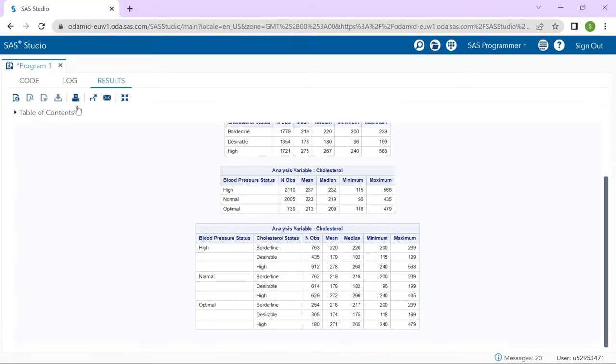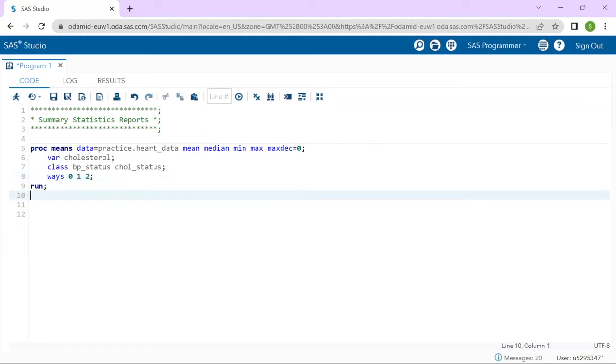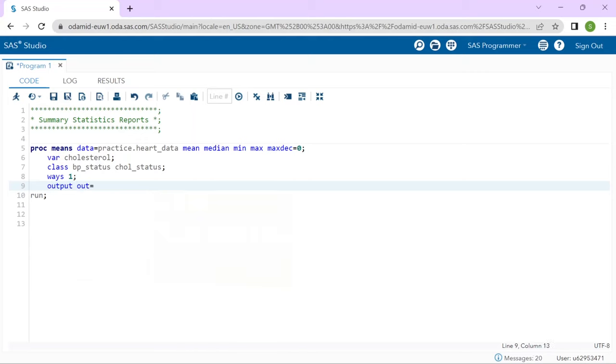You can use the OUTPUT statement in the PROC MEANS to create a summary dataset. The OUT= option names the output dataset heart_status. In the output statement, you can generate output statistics and name a variable to store them in. Here we are generating statistic N and naming the variable n_obs, mean into the variable col_mean, min into col_minimum variable,